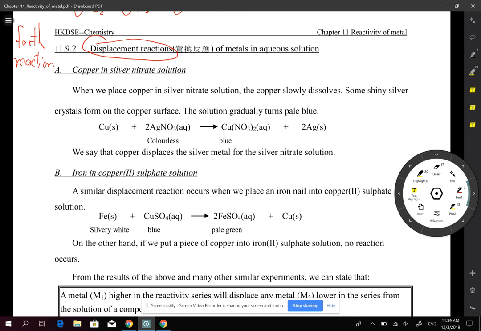Okay, the following is one of the examples. Comparing the reactivities of copper and silver, which one is more reactive? Copper. Yes, the reactivity of copper is higher than that of silver. Then if we have a silver compound, like silver nitrate. In the laboratory, we have only one common silver compound, that is silver nitrate. Always silver, then nitrate. If we have a solution of silver nitrate and we put a piece of copper in it,